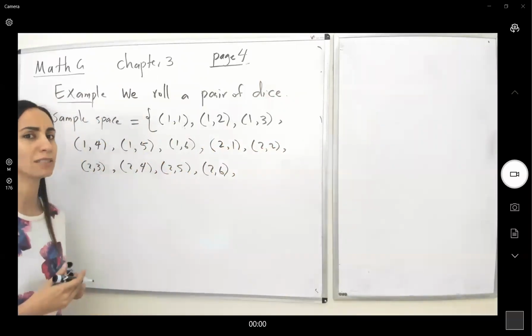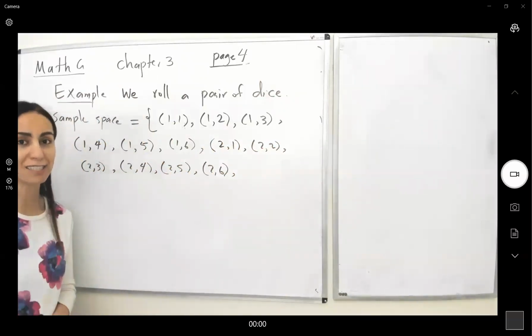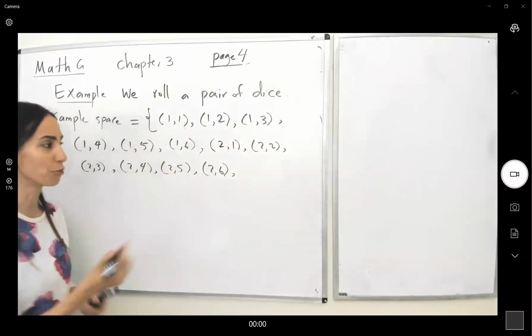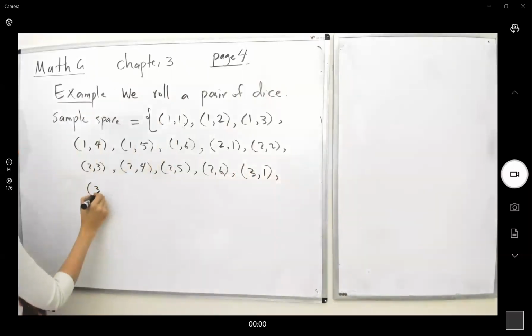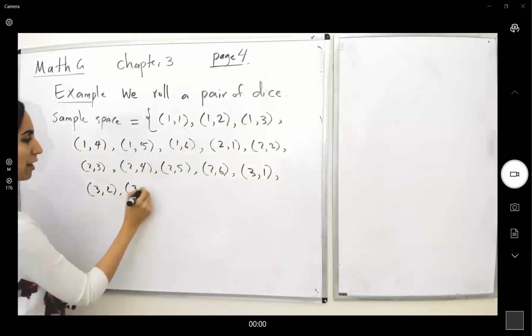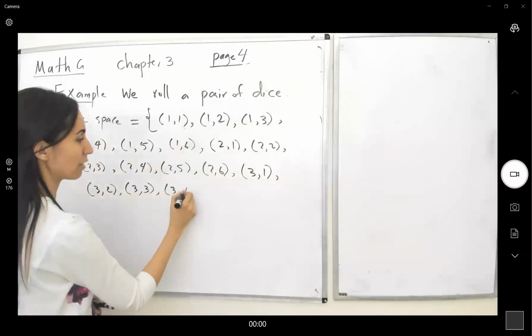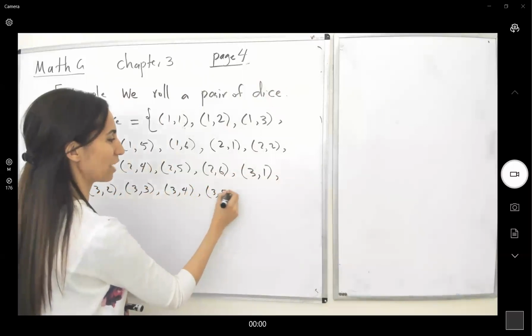And we're going to repeat this process. What if the first die has 3? It comes up with 3 and 1, 3 and 2, 3 and 3, 3 and 4, 3 and 5, 3